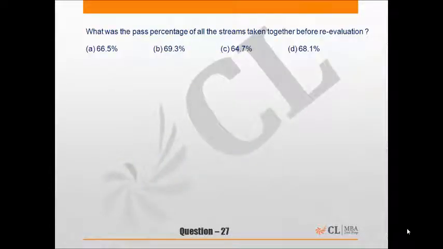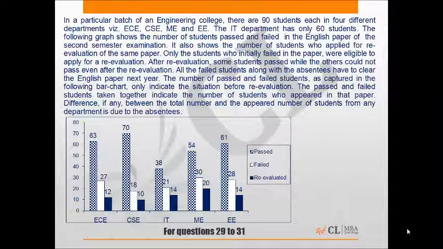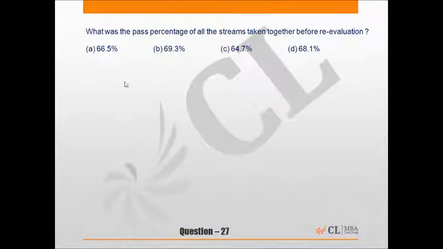What was the pass percentage of all the streams taken together before re-evaluation? This is a very simple task. We have to calculate the pass percentage. That means the total number of students passed from all the branches put together divided by the total number of students. So this will turn out to be